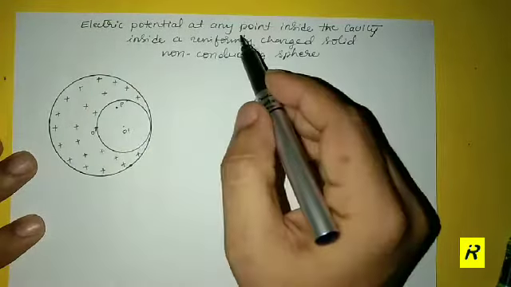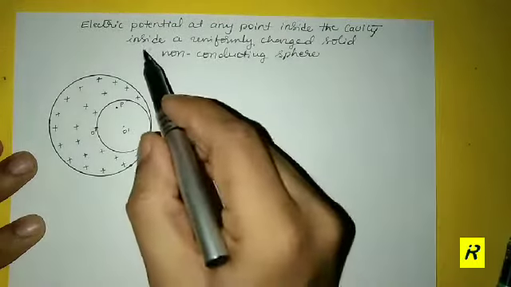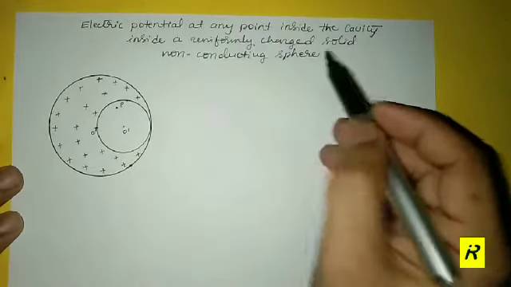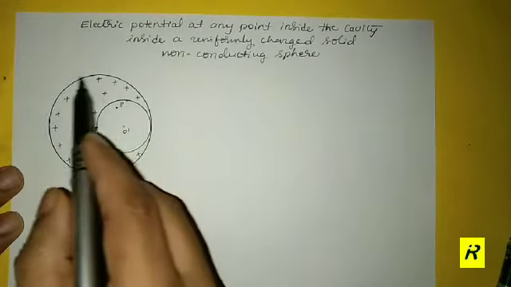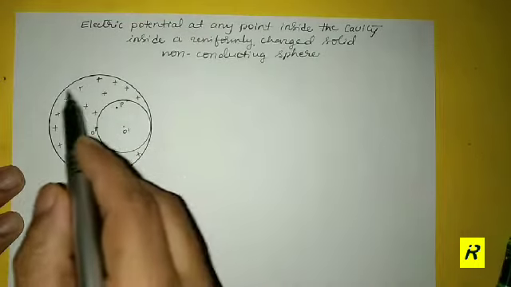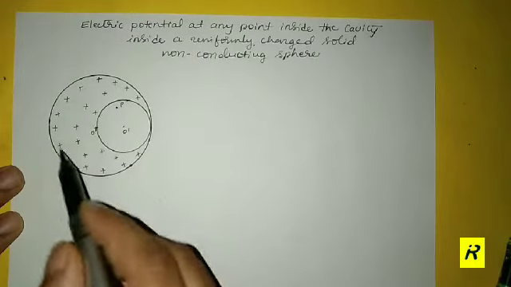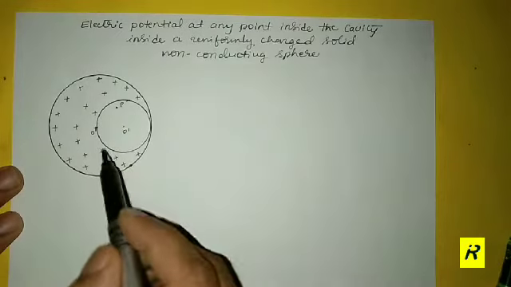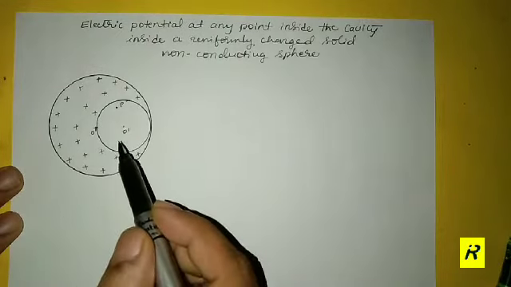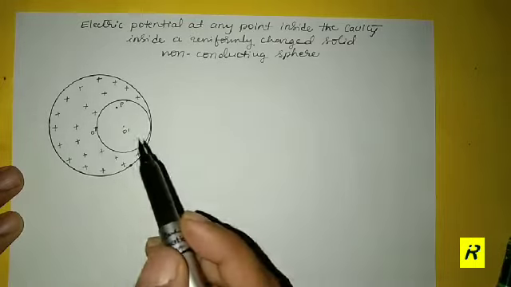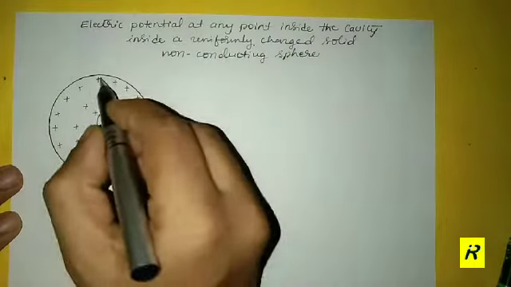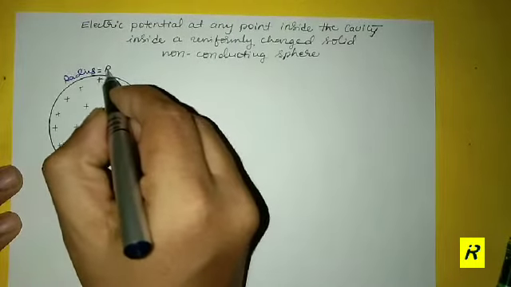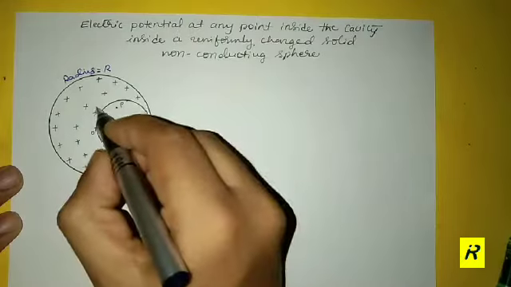Electric potential at any point inside the cavity inside a uniformly charged solid non-conducting sphere. You are seeing such a kind of non-conducting material as a sphere in which a cavity is shown. Let me give some clue about the structure. The radius of the bigger sphere is R, and the radius of the smaller one is